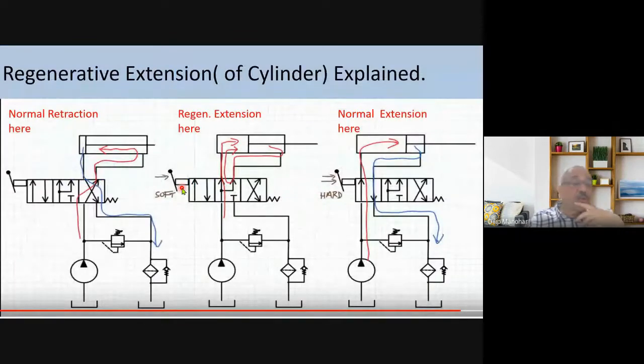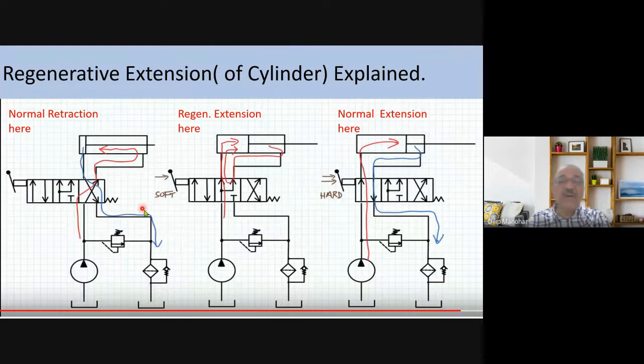Now I'll just go through some small designs of cylinders being used effectively. I was talking about regenerative extension. We already saw that the regenerative extension cylinder is used to move the piston rod outside fast. By that means the extension is very fast compared to the normal method. In normal extension, flow is only on one side. That means the pump flow is here, and it occurs as a normal extension. So Q pump is going here and extending, and the return is through this side.